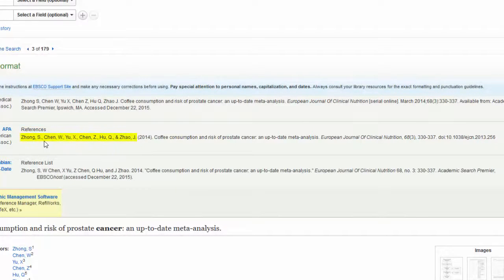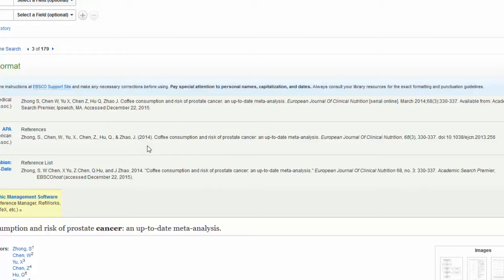The author should be listed by primary author, and the listing should use last name, first initial. This is followed by the year of publication in parentheses, and then the title of the article. The only words in the title of the article that should be capitalized are the first word, any proper nouns, and the first word after the colon, which acts as the first word of the subtitle. So in this case, the word "and" should be capitalized.